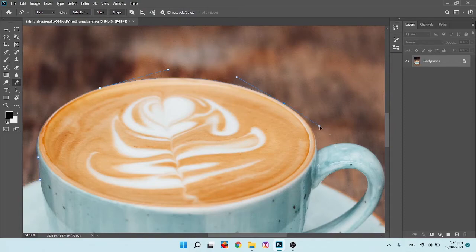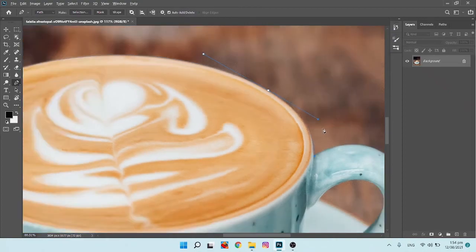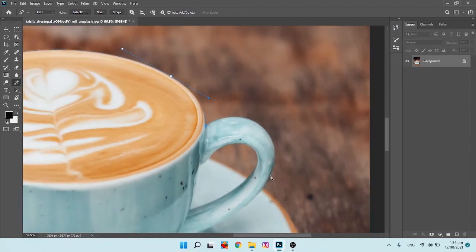And then now we have to make the handle a bit smaller, because if I leave it right here, the curve is gonna be pulled out a little bit. So it's gonna go like this way. So I can just make it a bit shorter to match it with the surface. And then I'm gonna choose this point randomly.